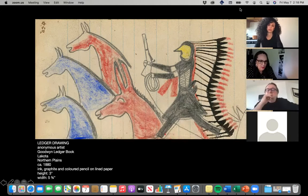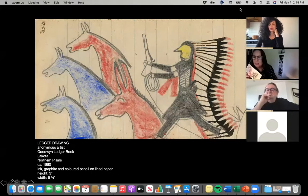Also, I was thinking about this, I don't know if I cut this one out, but the scale of these ones, they're small. They're like 3 inches by 5 3/4. And this I was pondering last night, of course, thinking about the delicacy of, again, the headdress, war bonnet lines, and the type of